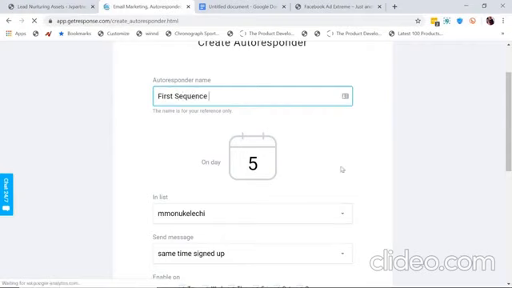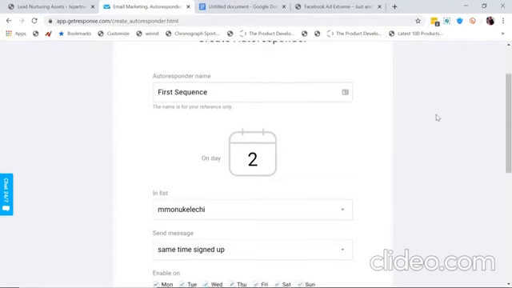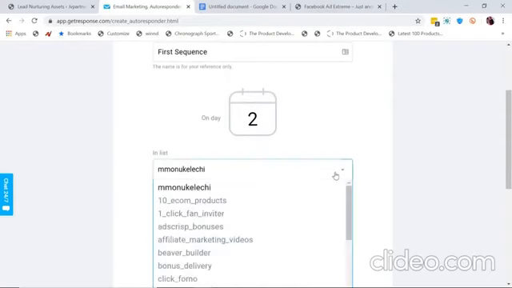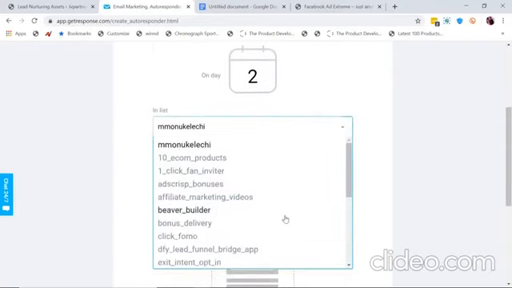My first sequence, I could put it in day 2, which means it's going to send 48 hours after the person has opted in. The welcome mail is going to send immediately the person opts in, while this is going to send 48 hours after the person has opted in. Okay, so I set this one as first sequence, and